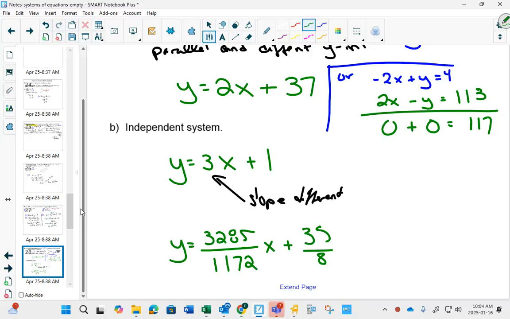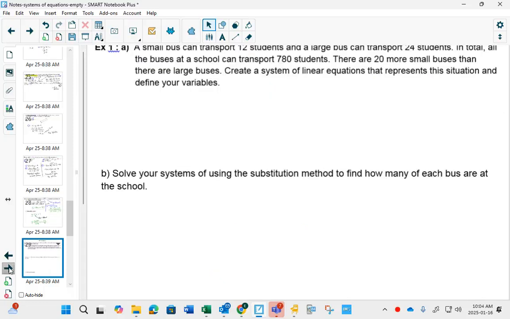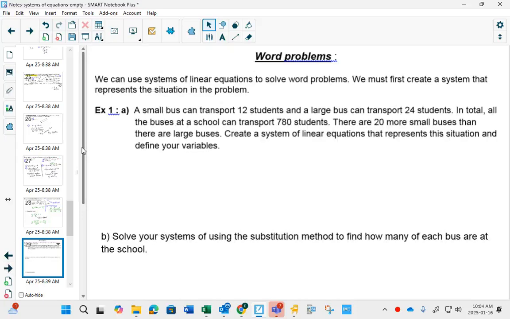As long as my slope is different, I'm going to have an independent system where it crosses at only one point. So I probably wouldn't ask this question on a test because it's almost too easy to get it right. And sometimes even if you try to get it wrong, you'd make a mistake and still get it right. So you would like that. As long as you did something, you'd probably get full marks on a question like that. Okay, we'll stop the video there for a different